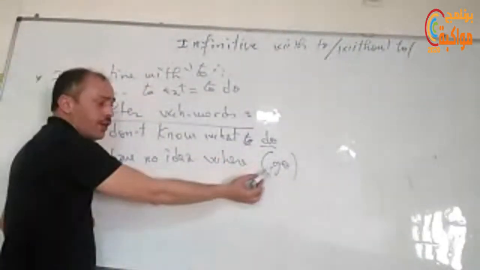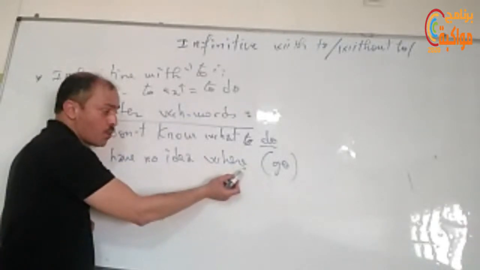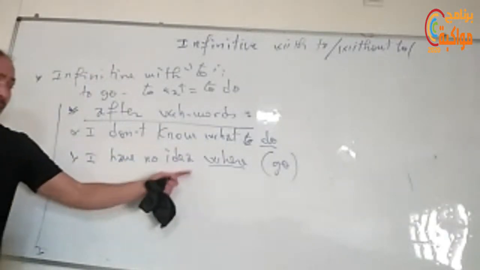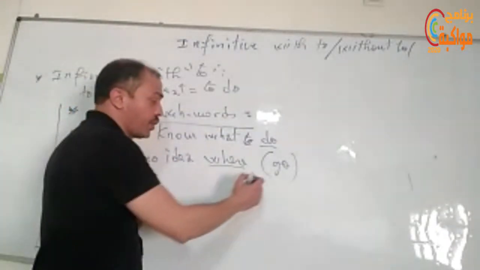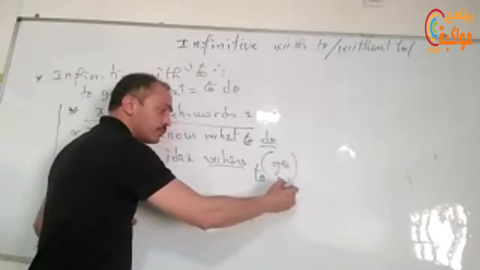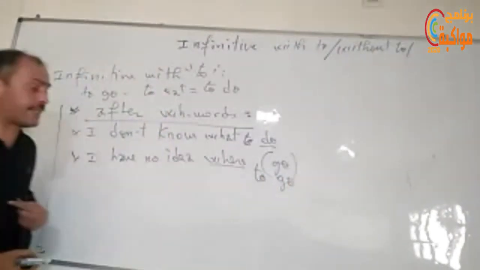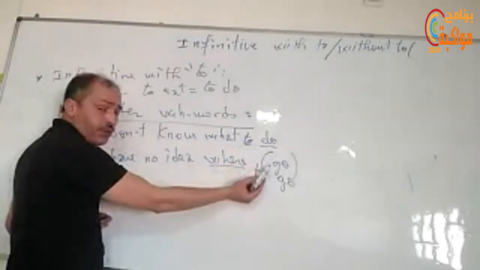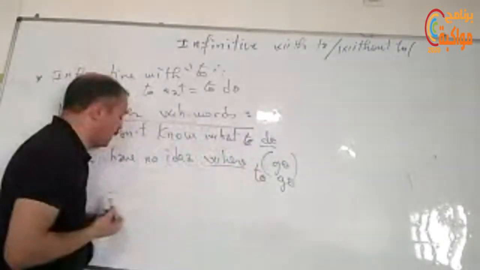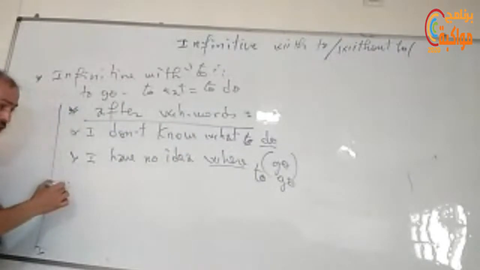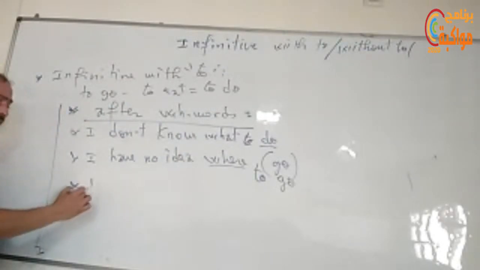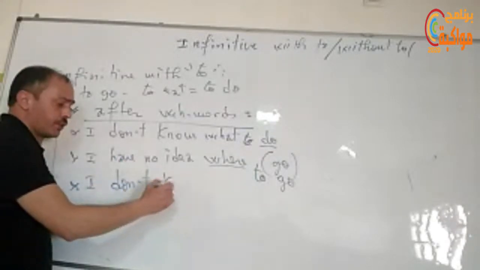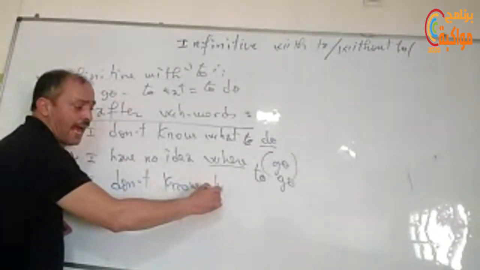Here, for example, go. Okay, so between brackets go. I have got WH word. I can see here I have no idea where to go. Okay, to go. So here we have got WH word followed by a verb. This verb should be formed into infinitive with to. Okay. So I can see here I don't know. Okay. How